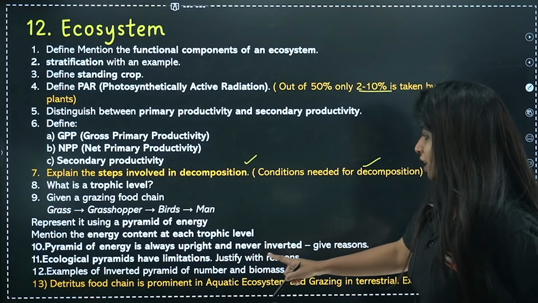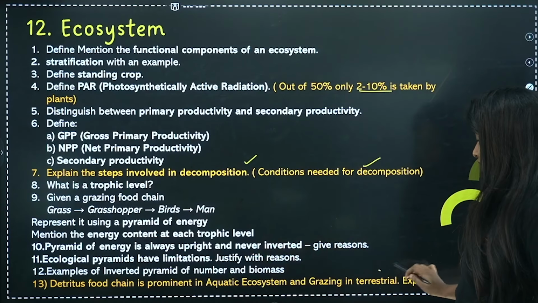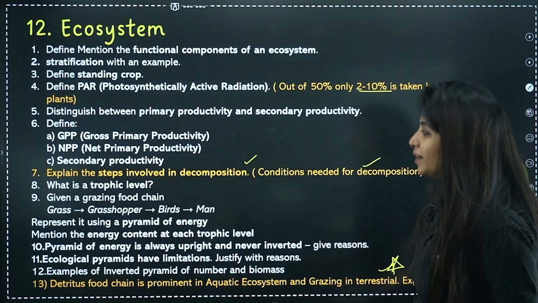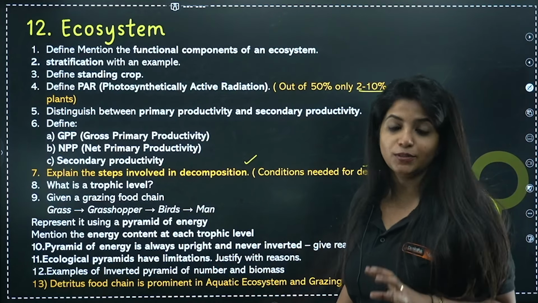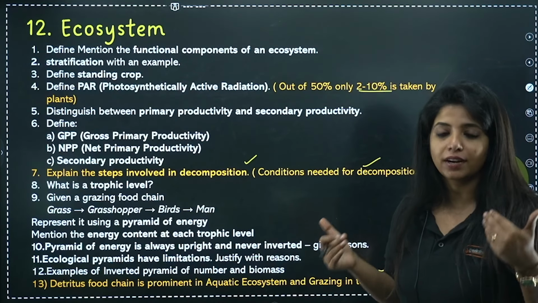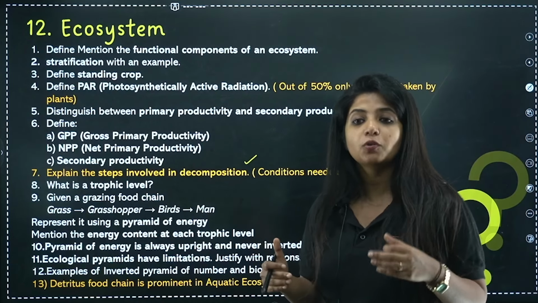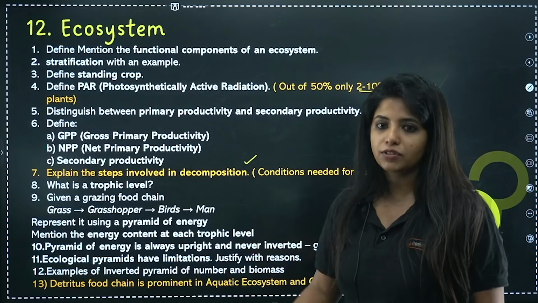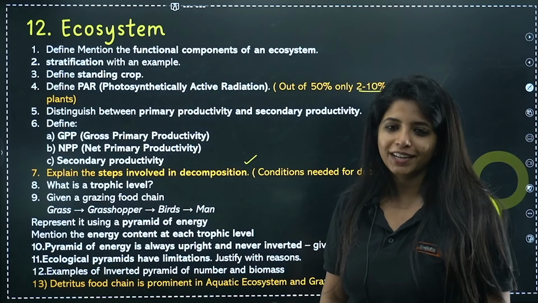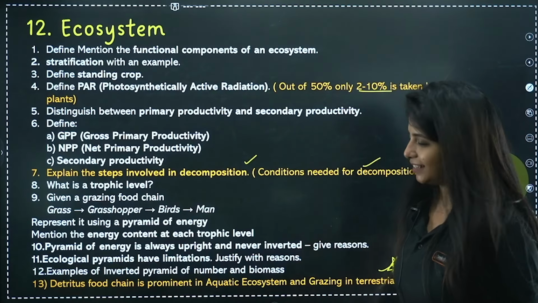Now, the detritus food chain is prominent in the aquatic ecosystem and the grazing food chain in the terrestrial ecosystem. Please go through that. That is also important. Most of us do not know it. So know that, and everything else which is given over here, I have highlighted because I want you to have an understanding. Sometimes we study, but we do not know what's more important in that. So that's why I have just highlighted it. The rest is all straightforward questions, which is why I have not highlighted anything. Okay, so please know that.